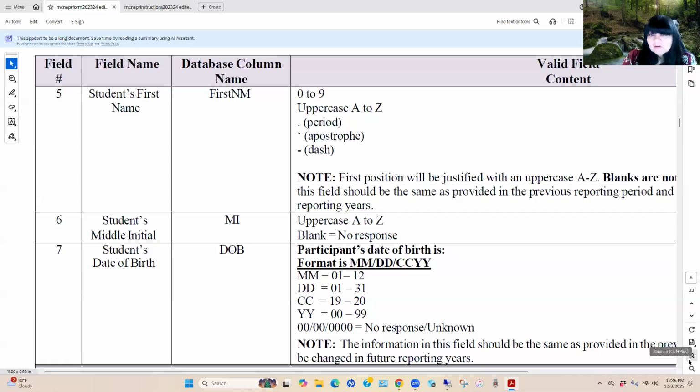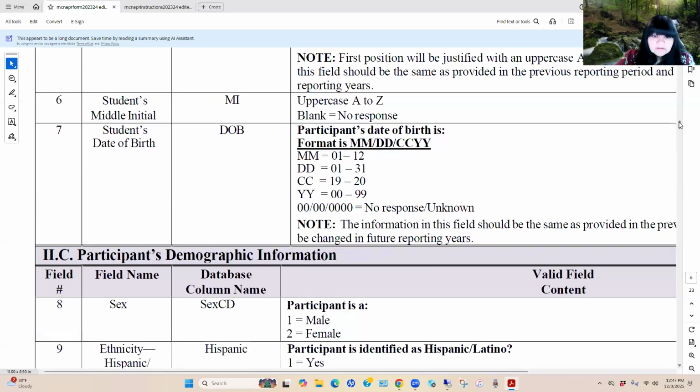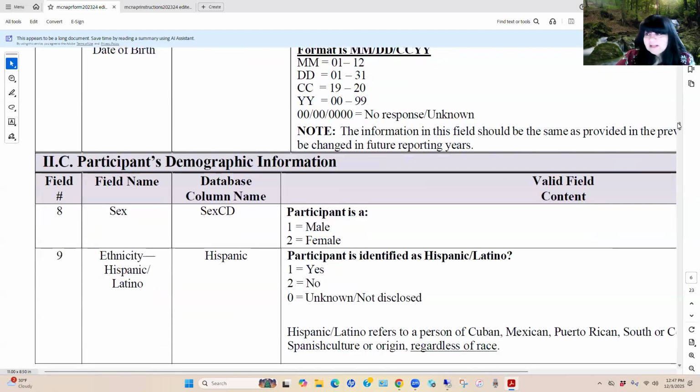You have another field later on that we'll get to where you can identify a name change and or an additional name that you are tracking for your participants. However, in these first few fields, you should not change once an individual has been reported. The next few fields of data allow us to provide some demographic information regarding our participants. You'll notice that field number 8 is asking for the student's gender, whether they're male or female.